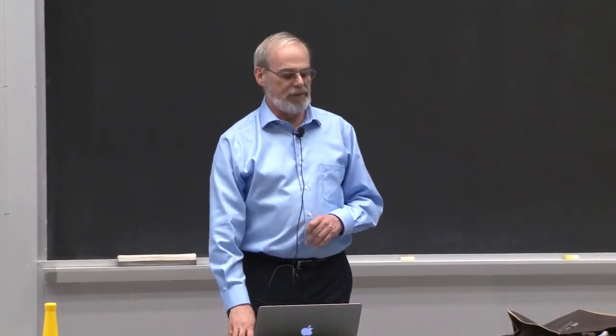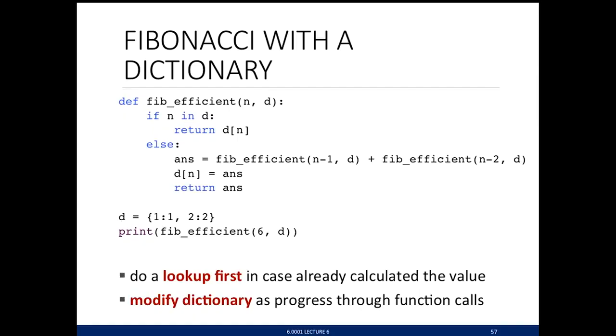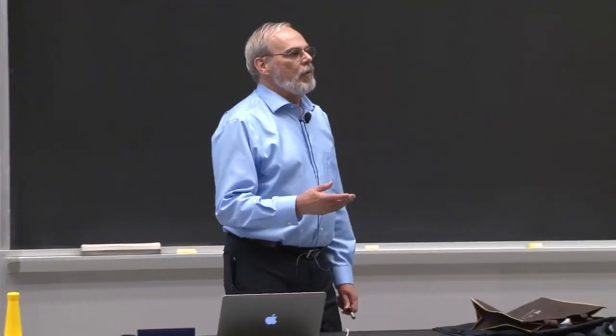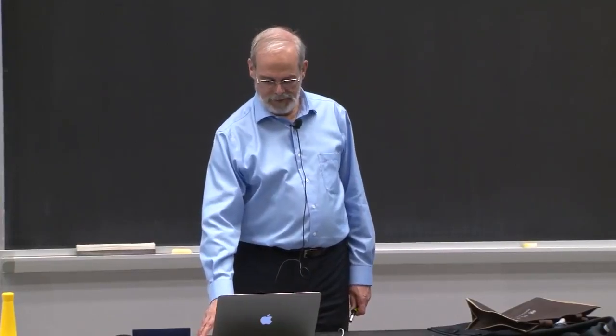I can improve it by using a dictionary, a very handy tool. I'm going to call fib not only with a value of n, but a dictionary, which initially I'm going to initialize to the base cases. And notice what I do. I'm going to say, if I've already computed this, just return the value in the dictionary. If I haven't, go ahead and do the computation, store it in the dictionary at that point, and return the answer. It's a different way of thinking about it, and the reason this is really nice, it's a method called memoization,